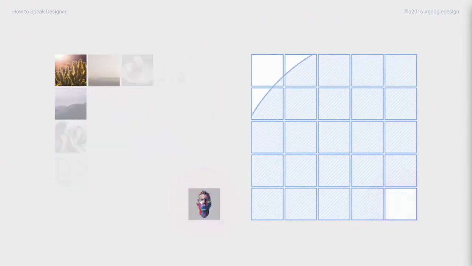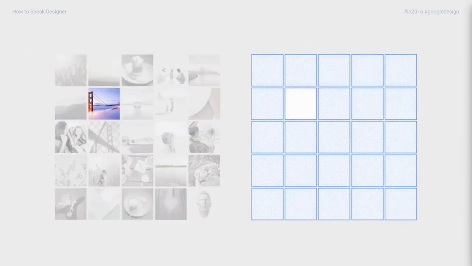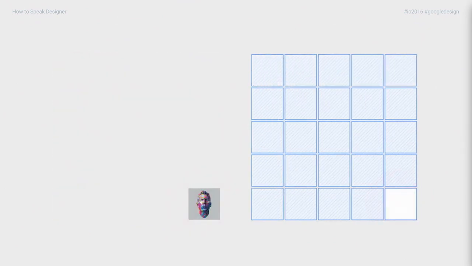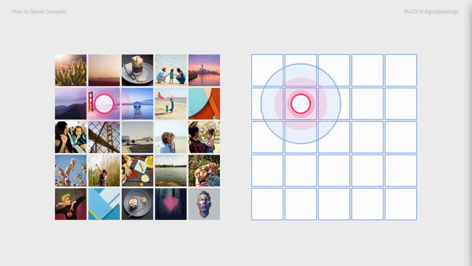The first is responsive interaction. How does an affordance respond when it's been triggered or touched or tapped? So in material, we try to encourage the use of motion to kind of tell a little micro story about what's happened, to answer that user question of, well, what happens when I touch this thing?